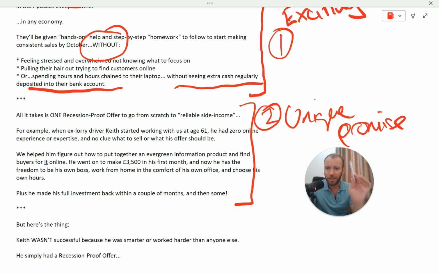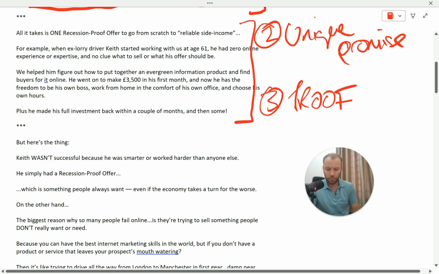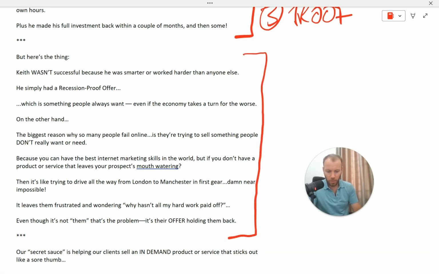And we're giving an example. So we're giving some proof of Keith, who was a lorry driver. So we're saying, look, even normal everyday people can do this. He made $3,500 his first month, made his investment back. We've given some proof as well, talking about Keith there. And then we are moving on, which is a really important part. Let's highlight all of this down to the next section, because we're talking about